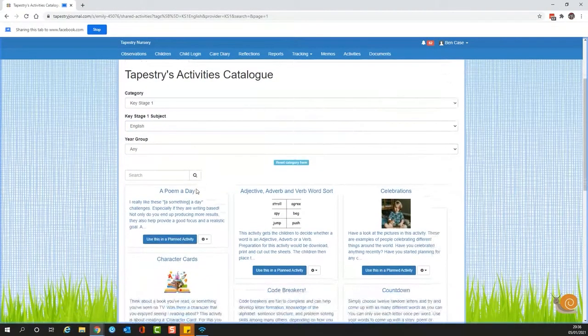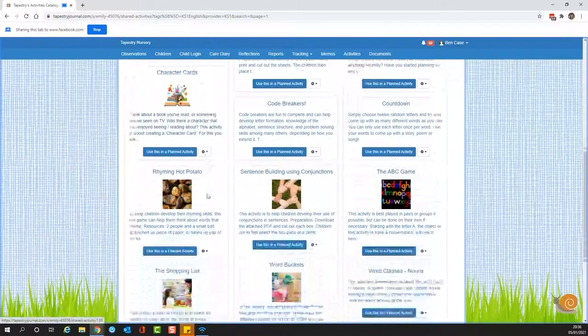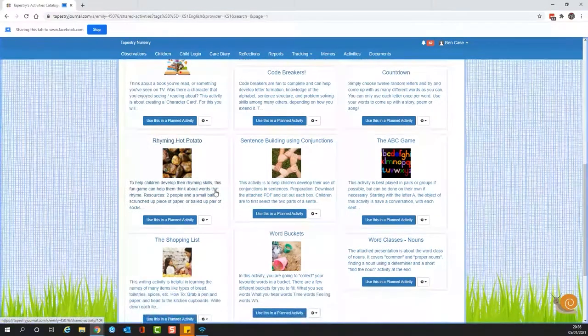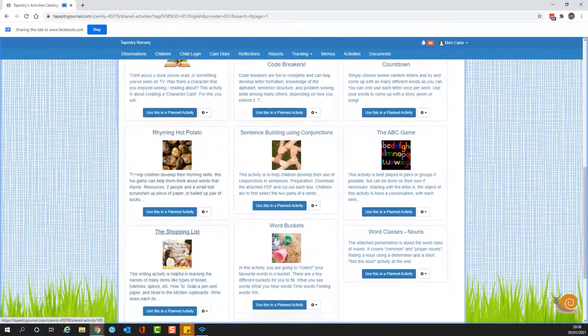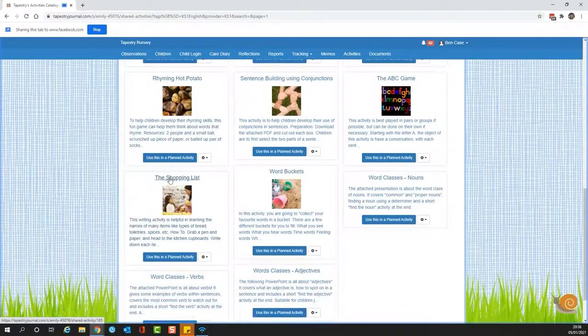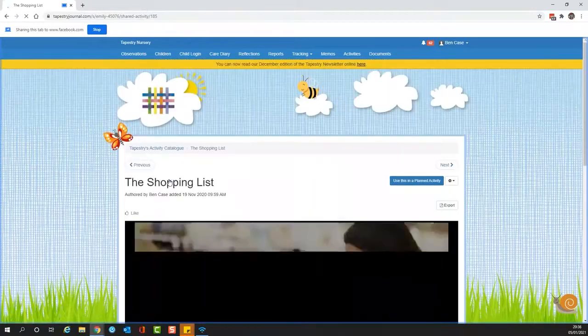And these are all activities now which we think are good for Key Stage 1 English. So if you've got a year 1 or 2 class and you want to go through for an English thing, so it might be you want the shopping list, just click on the shopping list and it'll bring up what